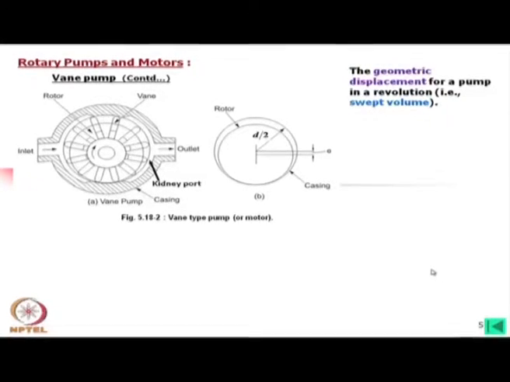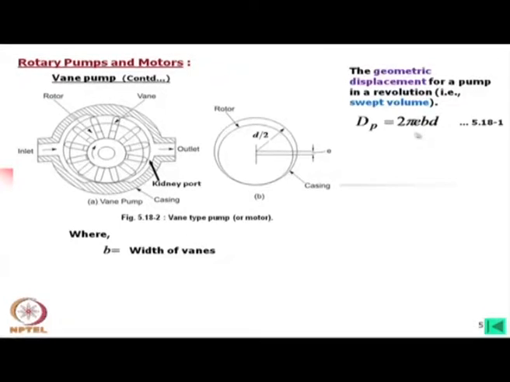Now, how to calculate the geometric displacement, which is called swept volume. If we can calculate whatever the total volume being transmitted in one revolution, that will give us the swept volume. Now, a more refined formula can be developed, but roughly we can say that this is 2 into eccentricity, eccentricity on this side and the other side also, that means the total stroke length of the vane will be 2E,